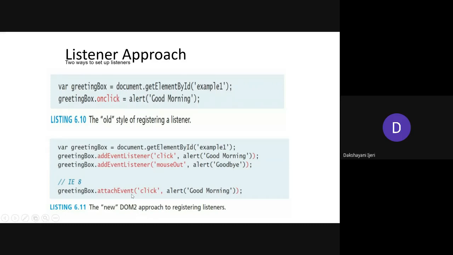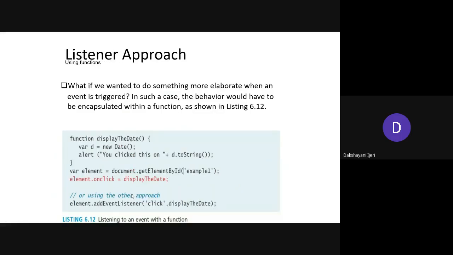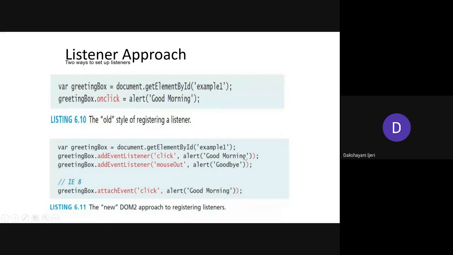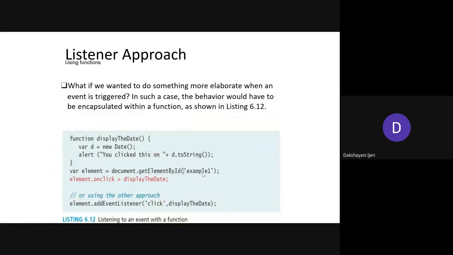Okay. So coming to the next part, as I told you, not only these alert methods, you can also use a function that you want to get executed based upon the particular event. So how to do that? As I told, you need to write the body of the function before you use it. How to define the function? We have already discussed it earlier. Using the function keyword followed by the name of the function, and as the body, you can write anything that you want to do here.